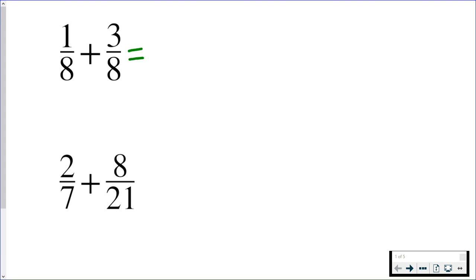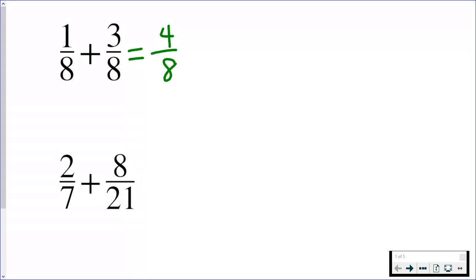When you are adding or subtracting fractions with a common denominator, the denominator does not change. So once I add, the denominator is still 8, and all I have to do is add 1 plus 3, which is 4. This should make sense. You and your friend took out 4 slices out of the 8, which is really 1/2